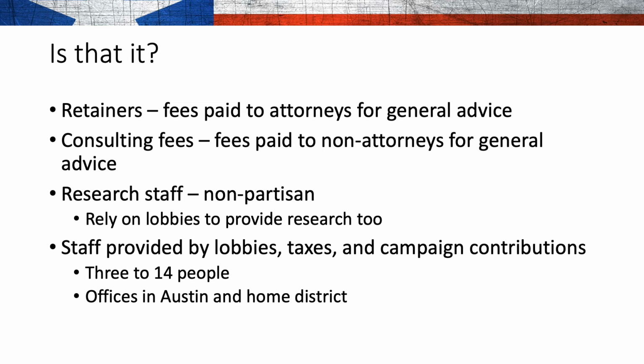So sometimes you'll see a green sign that says office of whoever, Jonathan Stickland, for example. They'll have an office somewhere in the district where they can meet with people, and their constituency can come and have access to their elected official.